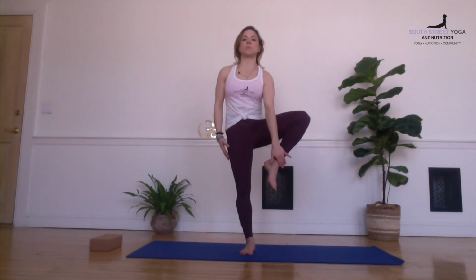If you did one option with the first leg, try to do the same with the other. Good. So option 1, 2, or 3. Good. When you feel both legs magnetizing toward each other, bring your hands into prayer or a T shape or branch. Imagine your arms are branches and you're branching out, reaching out,